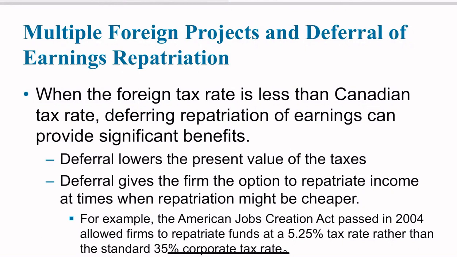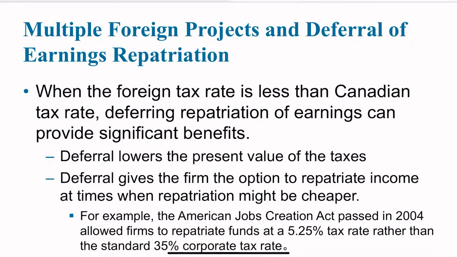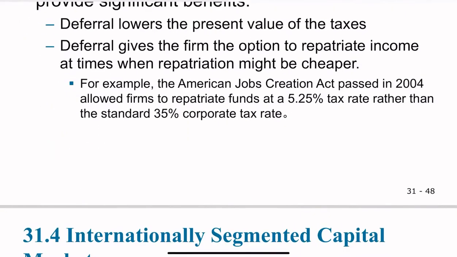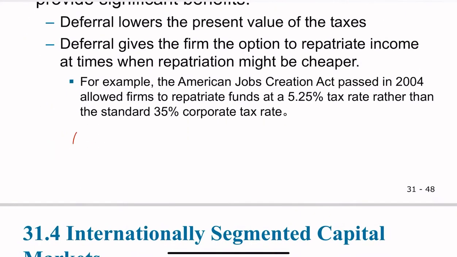So there are at least two reasons. The first is deferring foreign income can lower the present value of the tax, right? So it basically means the time value of money, right? We learned